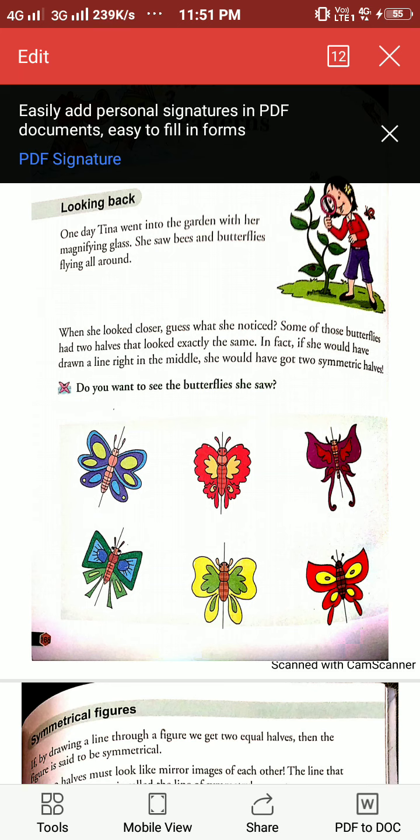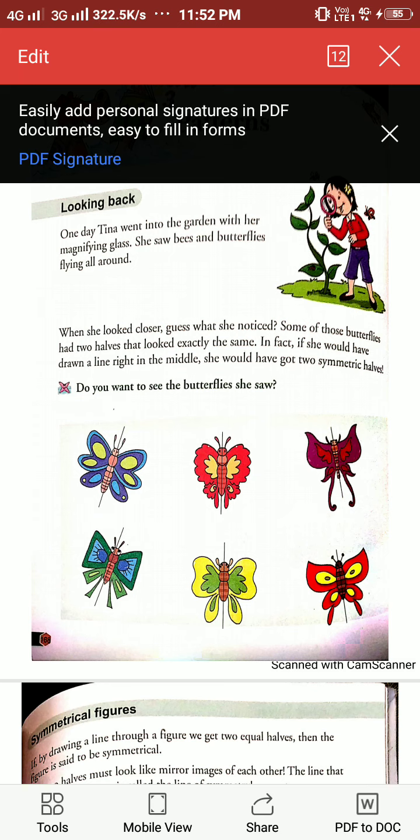Students, in maths today we are going to start our new topic, patterns. Patterns totally depend on drawing and some mental calculation, like aptitude. Now, have you seen this picture? Wow, these are all so beautiful butterflies. Have you seen here? Yes, a blue one, a red one, a green one, a yellow one. All are very beautiful butterflies.